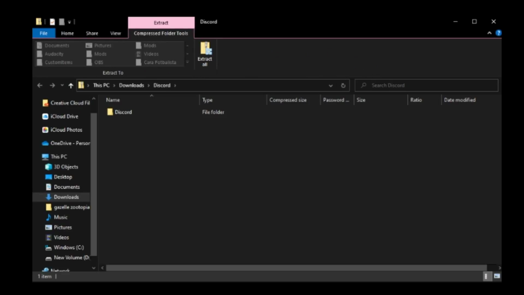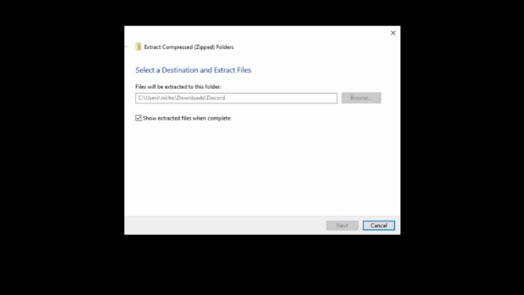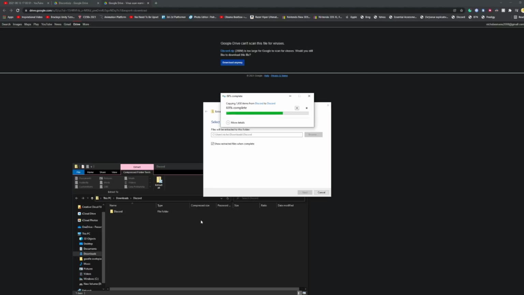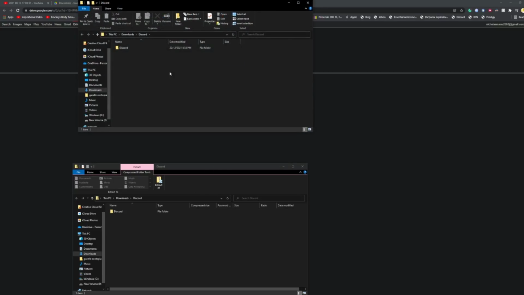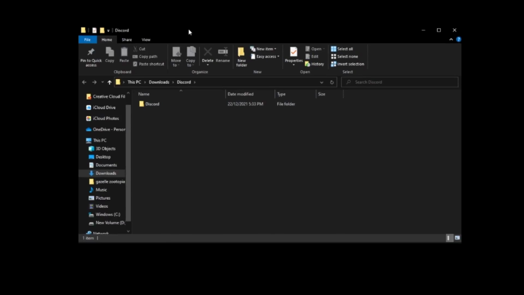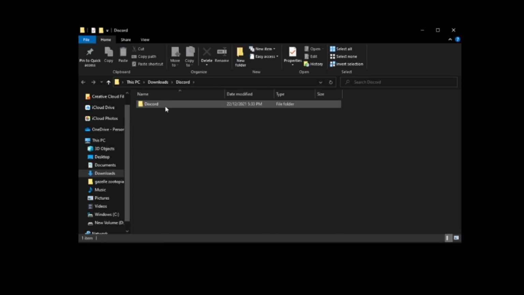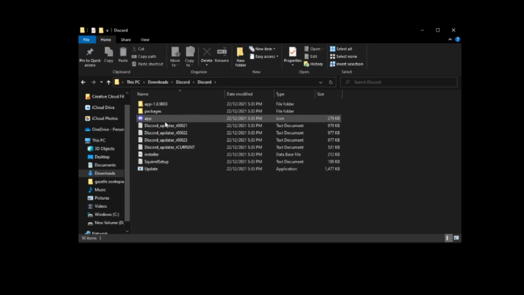Okay, so now that's opened, just extract the file by pressing on the little extract button and then pressing next. Okay, so now you have another file which is not compressed. Just open the folder. Now you'll see a Discord icon. That is not the application. Press on this folder, the app folder,